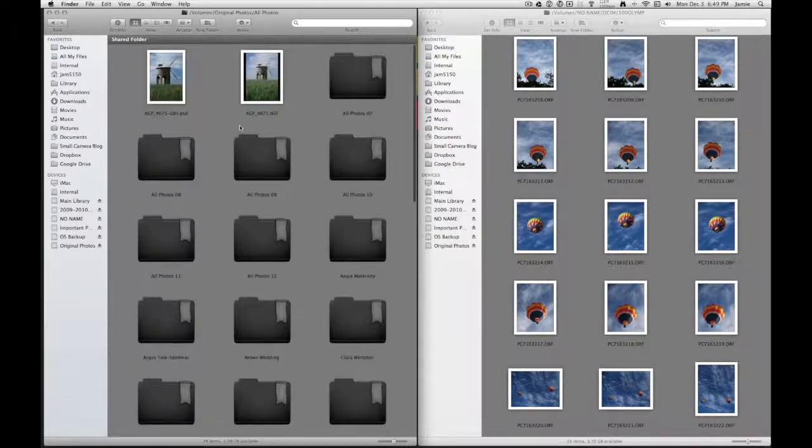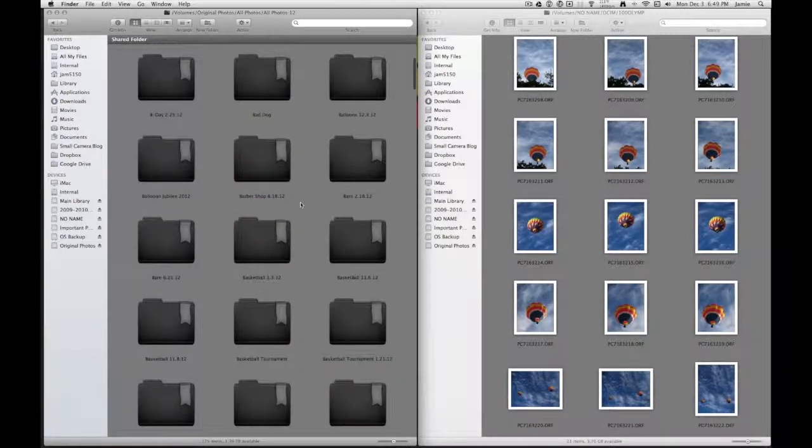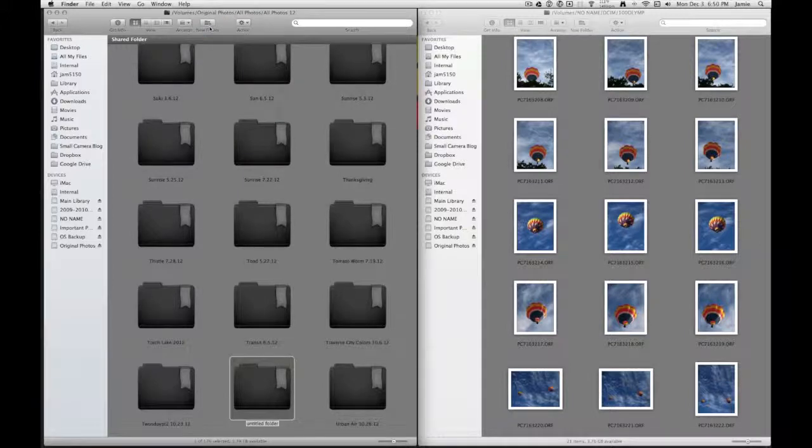And in case you missed it, because I kind of get a little click happy, I have it broken down into folders, and the folders are based on year. So this is when I first started shooting photos. I've been organized since 2007. So we're going to open up the All Photos 12, which is 2012, and you see I've got some other folders that are based on, I don't know, client shoots and things like that. So we'll open up the 2012 folder, and we're going to create a subfolder in here,